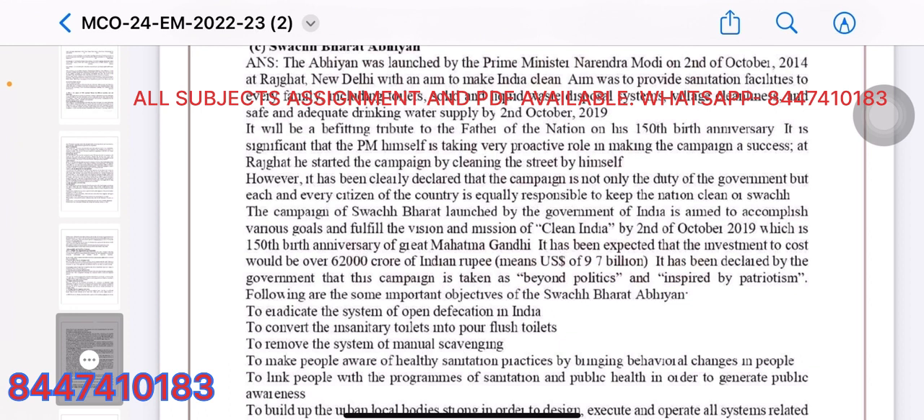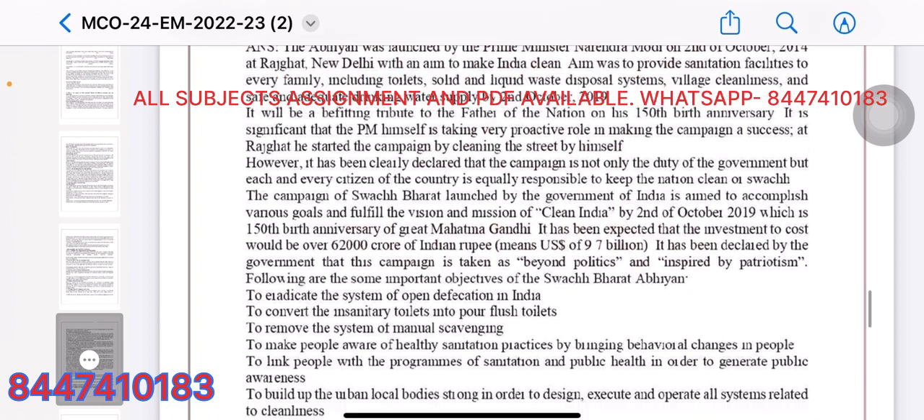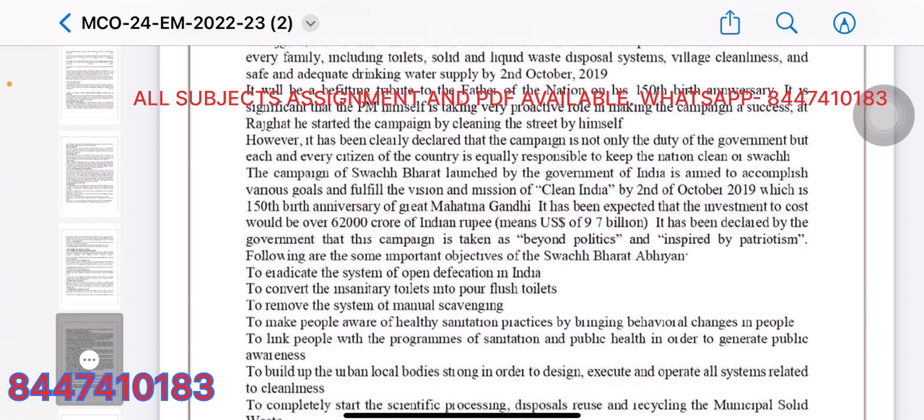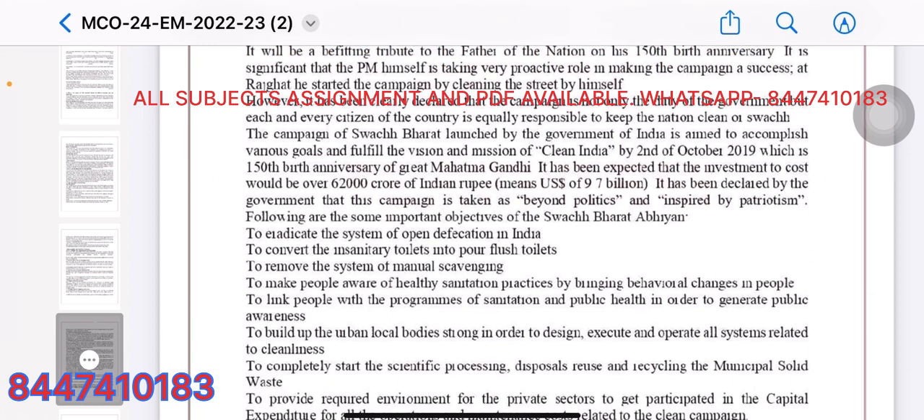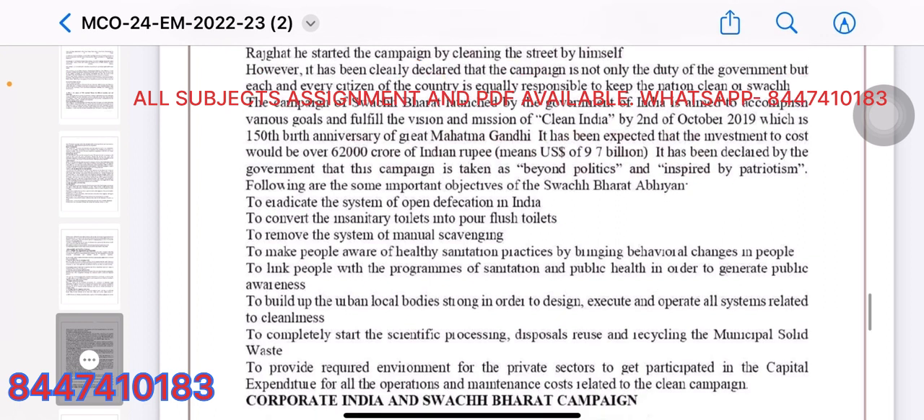Following are some important objectives of the Swachh Bharat Abhiyan: to eradicate the system of open defecation in India, to convert the insanitary toilets into pour flush toilets, to remove the system of manual scavenging, to make people aware of healthy sanitation practices by beginning behavioral changes in people, to link people with the program of sanitation and public health in order to generate public awareness,